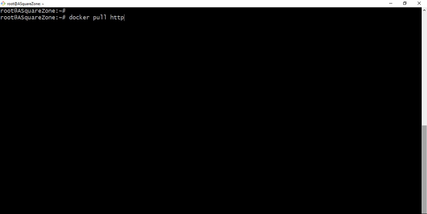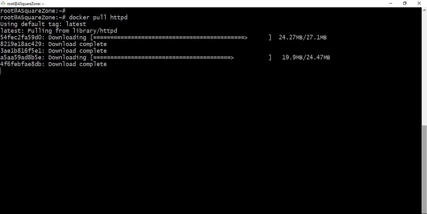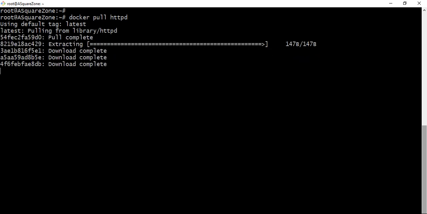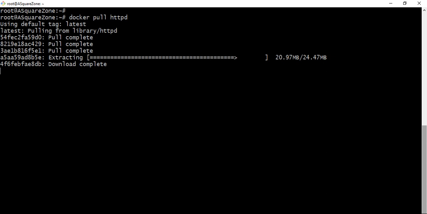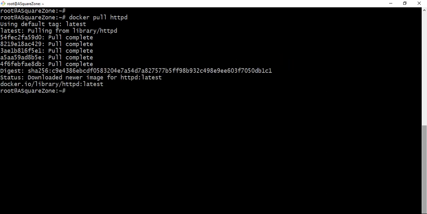I'm going to pull the httpd image. Using the default tag, I have not mentioned any version here, that's why it is getting the latest version of the image. So it's completed here.